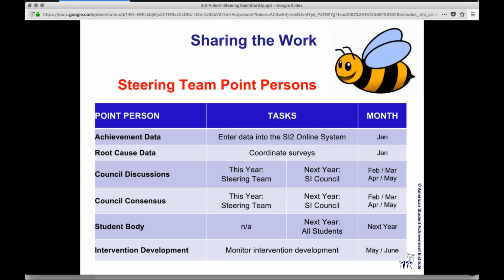And really each of these positions, they're the person who is taking on that responsibility. They shouldn't be working in isolation, though. This is where our teams become very close and reach out to each other. And sometimes it's, can you sit with me while I enter data into the online system? I'll read off the numbers, you type them in, that kind of thing. Or help me plan out how we're going to give our surveys. Or, just in lots of ways, our steering team members really come together to help each other through the process.